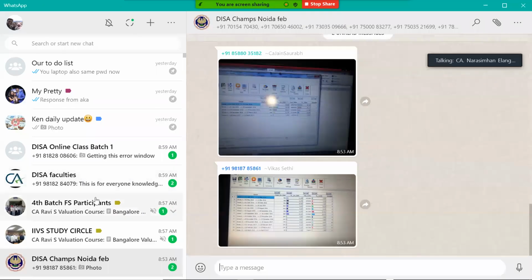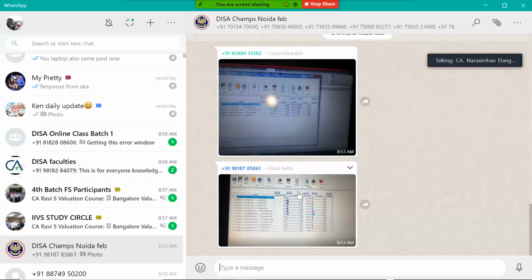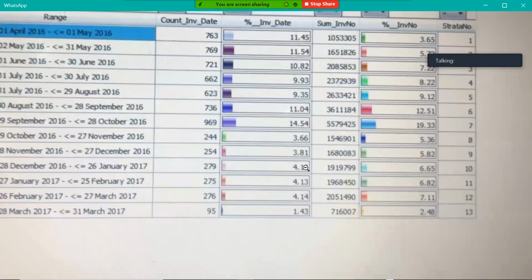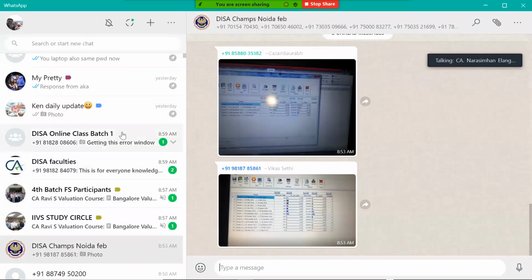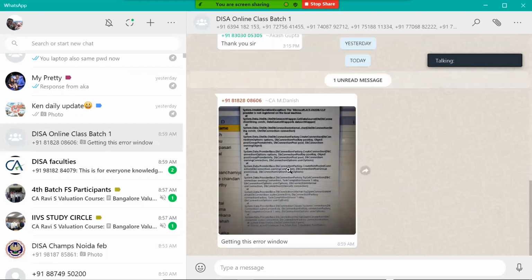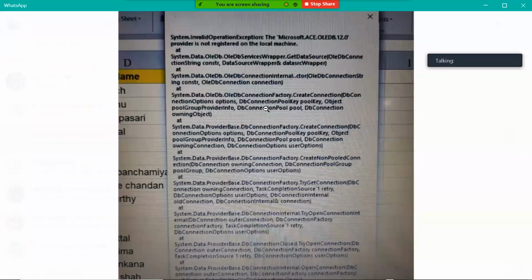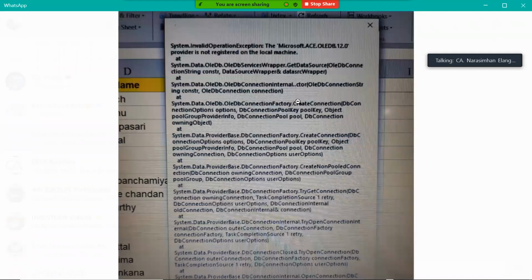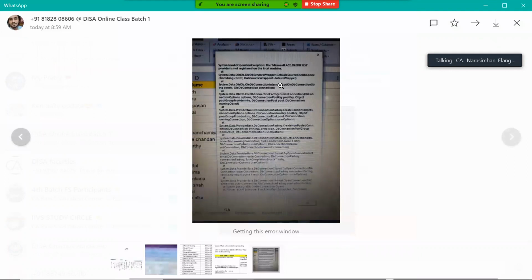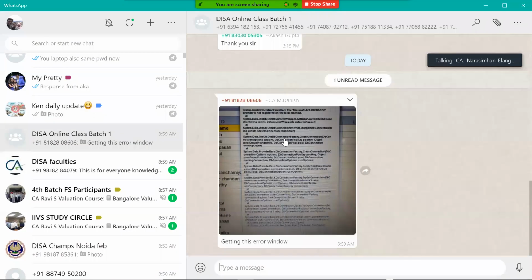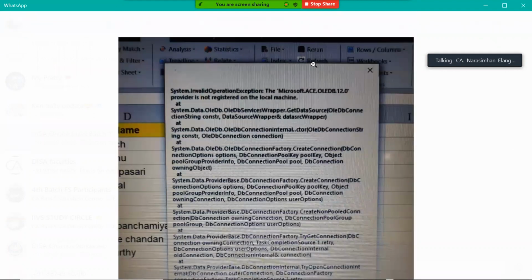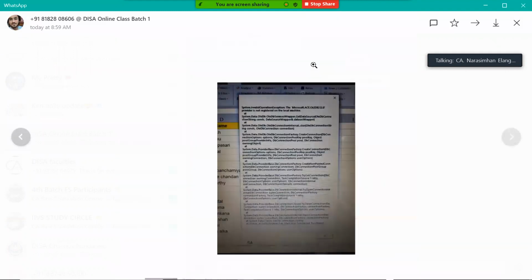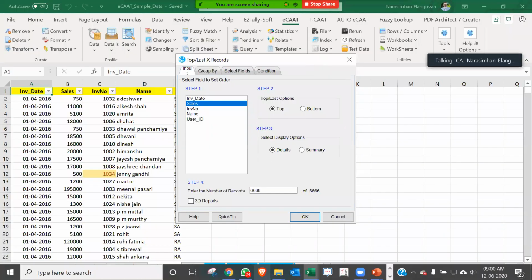Manish ji is saying that he's getting an error. Let's see what that is. Okay, I think it's good. Not sure, sir. Just exit it. आप एक बार screenshot रख लो. I'm not too sure because it also could be some issue. But I see which Excel are you using. I think you're using a fairly older version of Excel. Just close this and try it once again, sir.